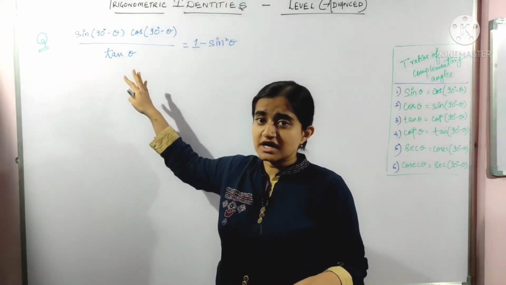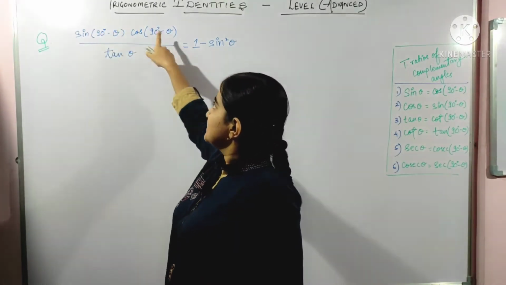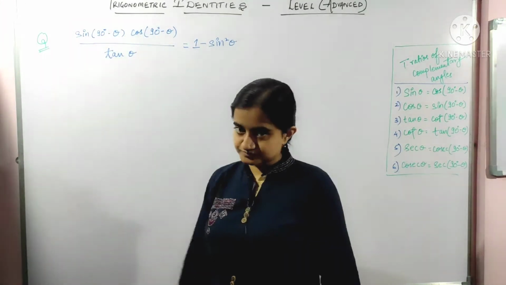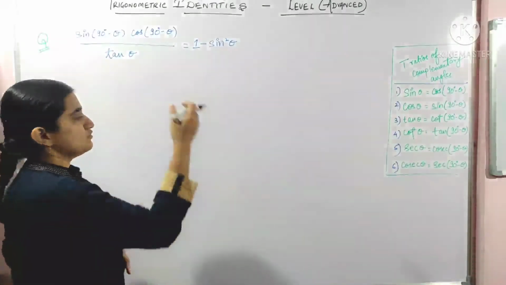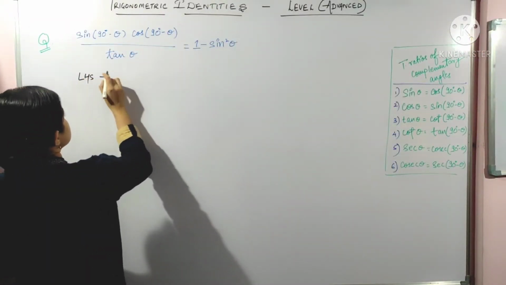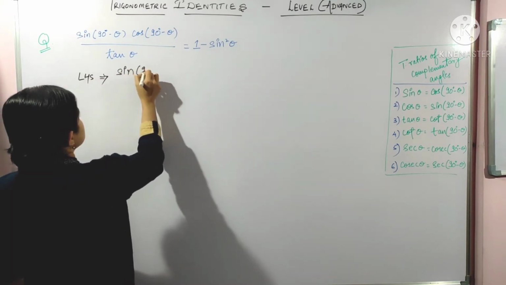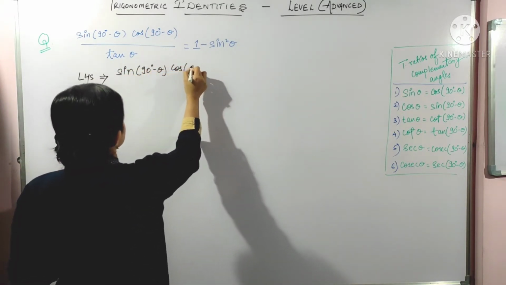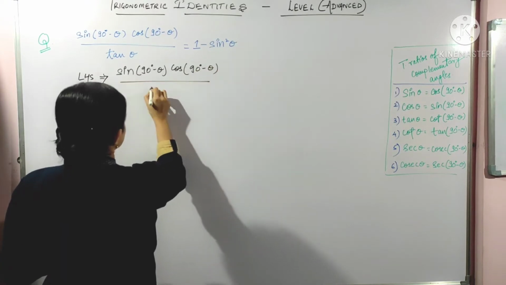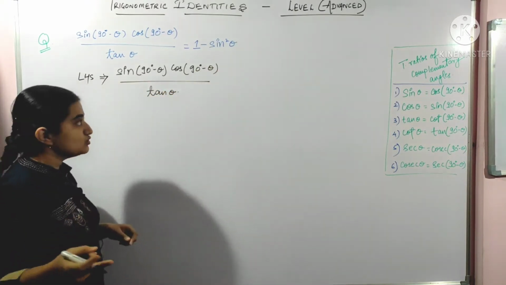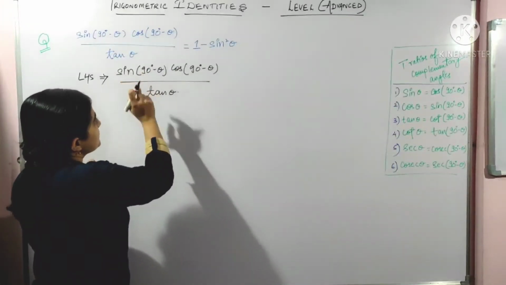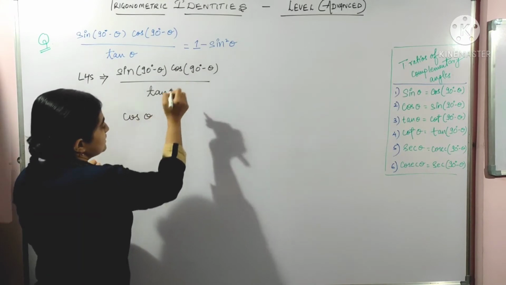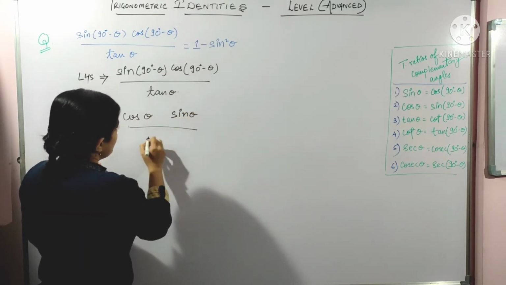Okay, so we have to start with it, but we can see sine 90 minus theta, cos 90 minus theta upon tan theta. So in this type of questions, we will apply these formulas here. We will, as usual, start from the left hand side. So let us take LHS, and here LHS is sine 90 minus theta cos 90 minus theta upon tan theta. Now we will apply these formulas, that is trigonometric ratios of complementary angles. Here, for the complementary angle, we get cos theta, and here we will get sin theta, upon tan theta.